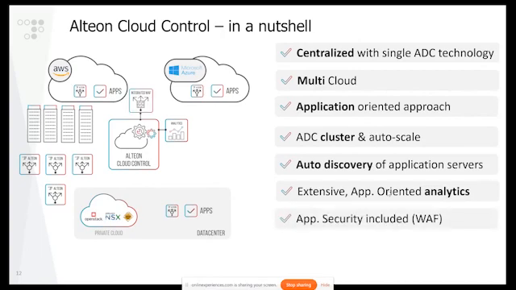Security, as I said, we have an integrated WAF capability. By the way, the Radware WAF is ranked #1 at the Gartner Web Application Survey. We support a very compelling pricing model. Unfortunately, time does not allow us to go deeply into that, but it completely changes the way we sell and